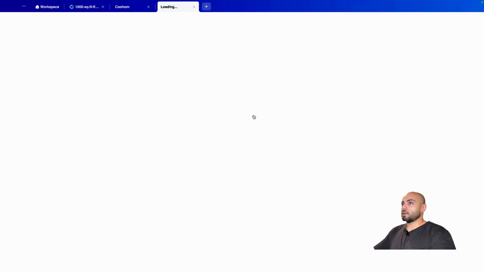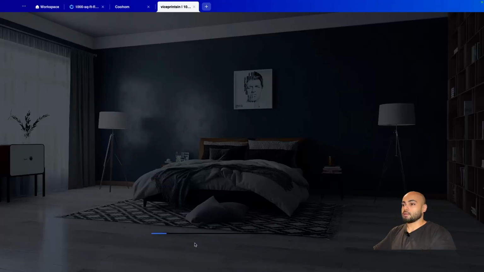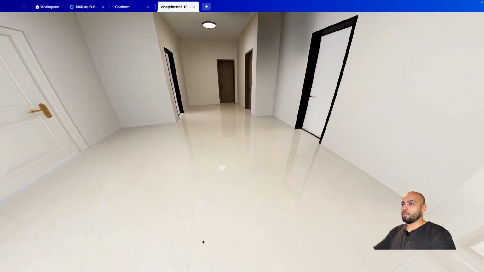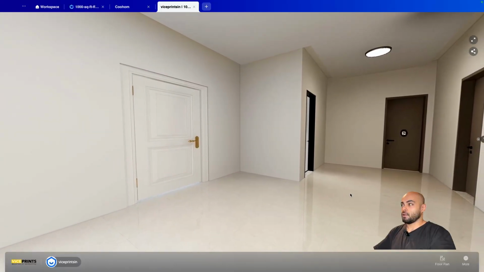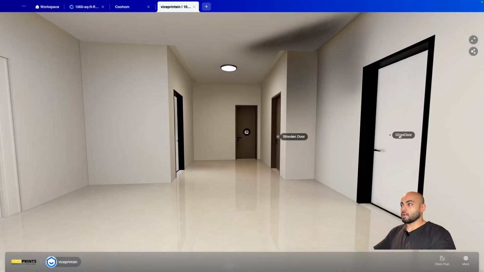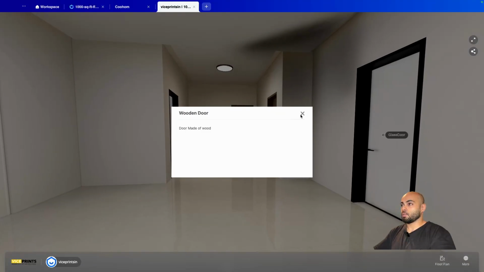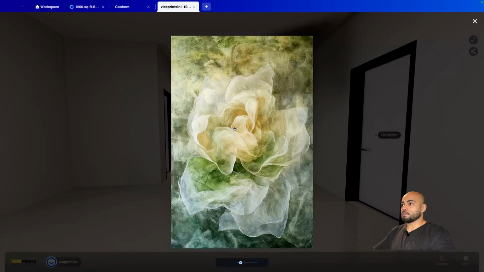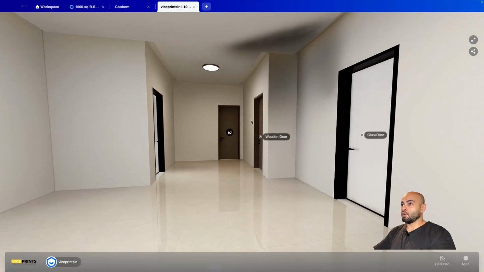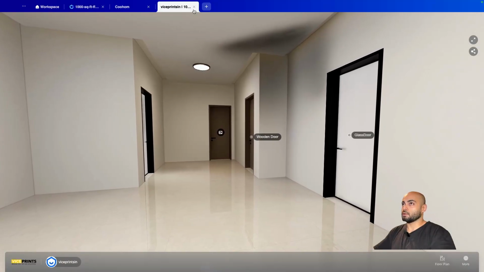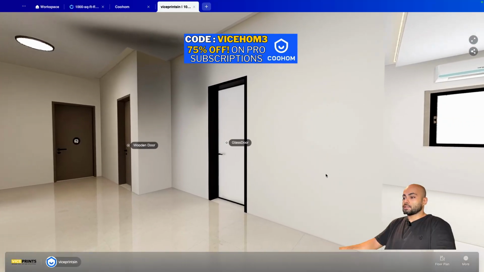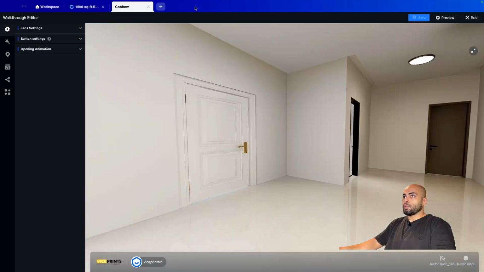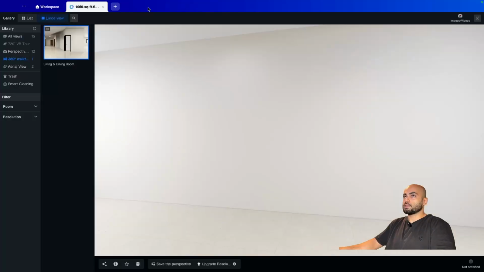So we'll take a look at the wooden tag that we made with this opening, and glass door, wooden door, door made of wood, door made of glass. This would be the image of what would be coming here. So that's it for the 360-degree walkthrough. We'll close and exit this space